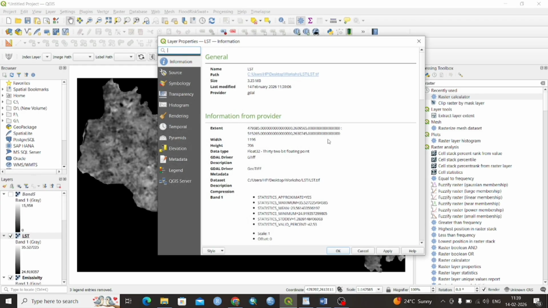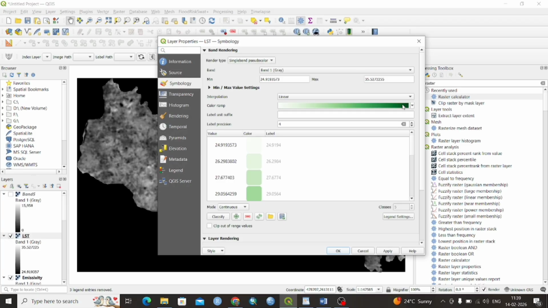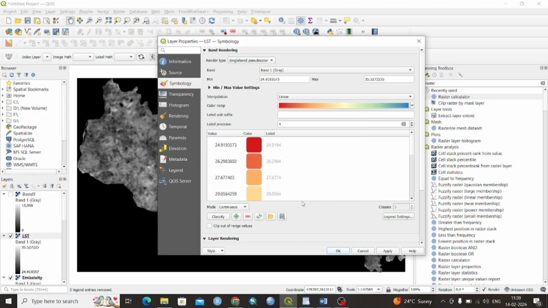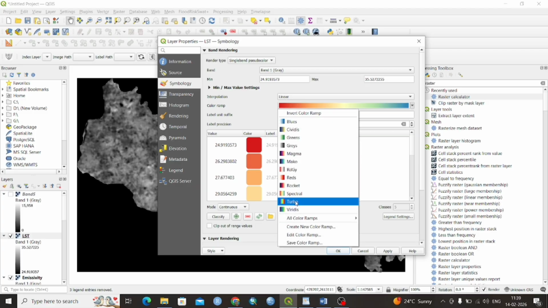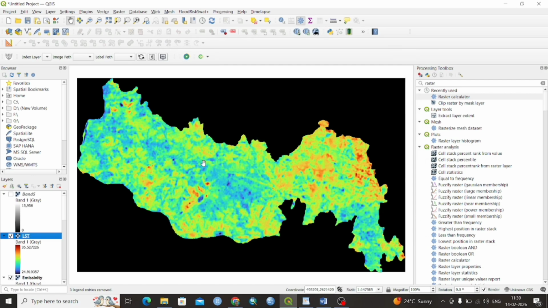So if you want to change the color of this image, then we have to go to properties, symbology, single band pseudo color, then we can change the color as per our requirement. So after changing this color, now we can go for final apply. Then this is the Landsat temperature map of Asansol Municipal Corporation area calculated